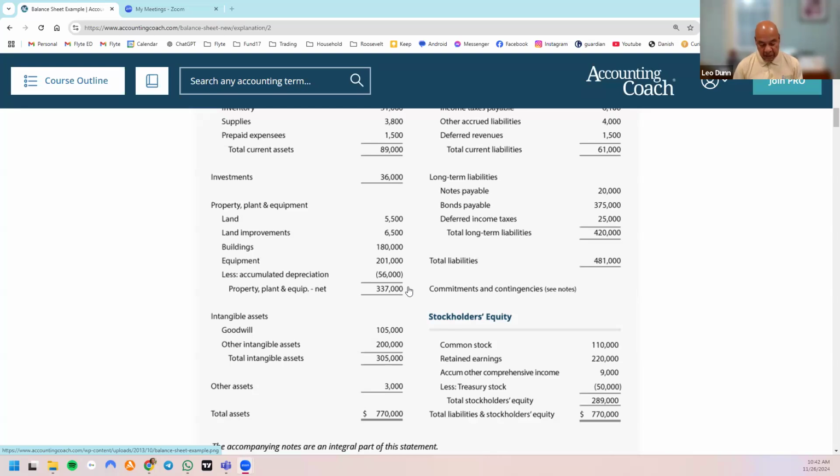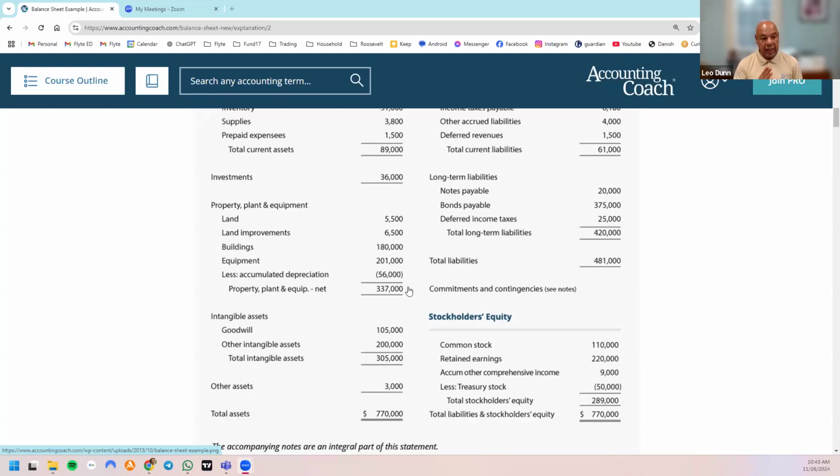The last item in our equity section is called treasury stock. Treasury stock is basically the business buying back its own stock. It issued so many shares of stock, but at some point the business says we want to buy back some of our shares. Again recorded at cost, this business bought back $50,000 of its stock. That reduced the shareholders' equity in this particular business. So in total, the shareholders' equity here is